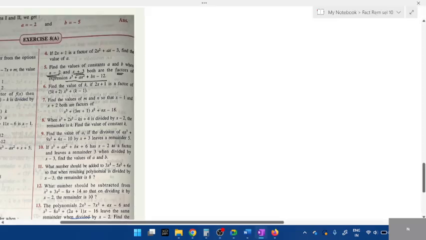Okay, I'll just explain. Find the value of k. 2x plus 1 is equal to 0. What is the x value, students? x is equal to,